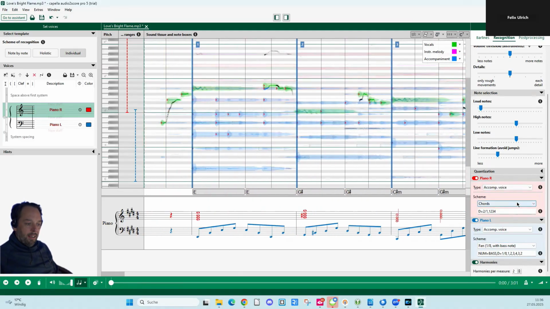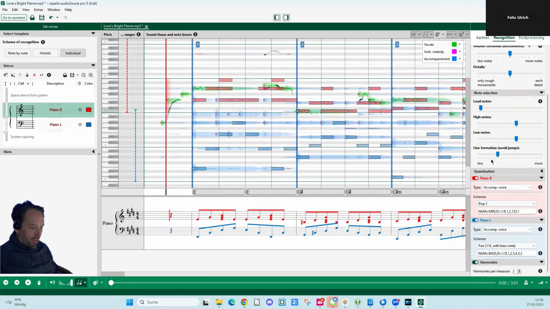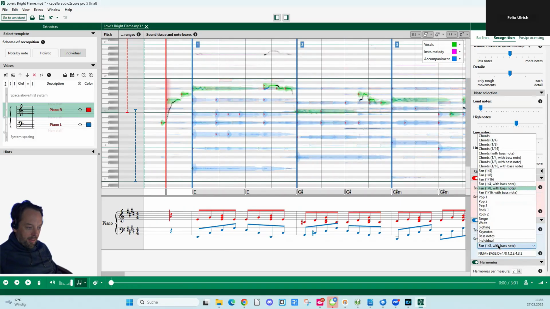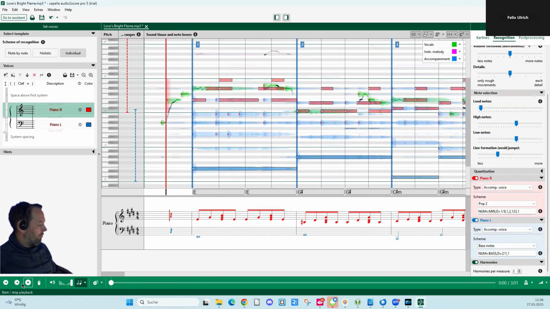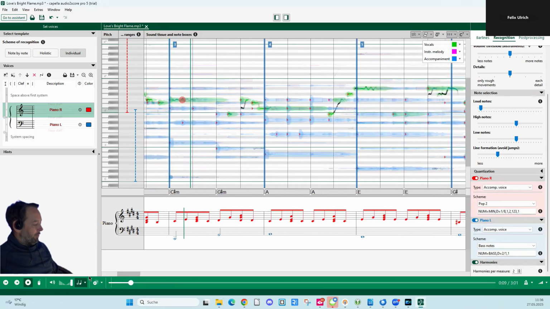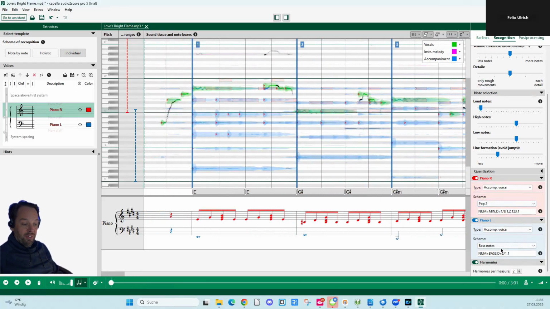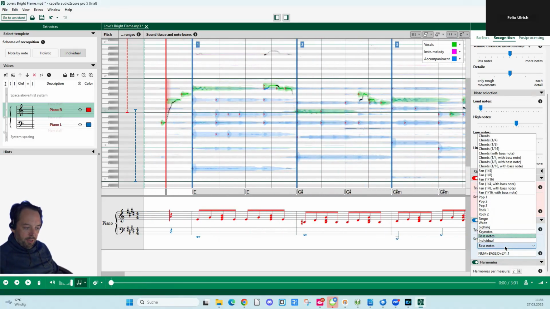Okay, not too bad. We have a lot of those, as you can see. Let's switch to something like pop 2. Now, of course, I don't want the left hand playing 8th notes anymore. Let's go to bass notes. Okay, again, we already have a lot of presets, but there's one thing more that we can do, and that is actually recreating